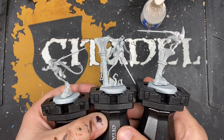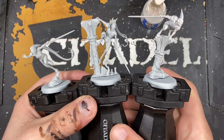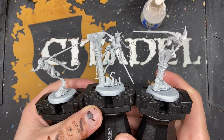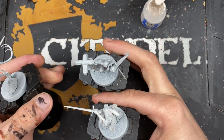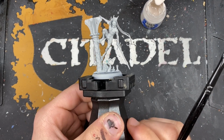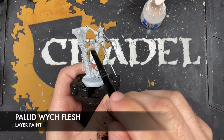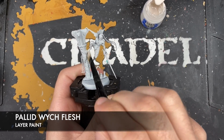They're really cool models. So what we're going to be doing is, well, jumping right in and painting them. We're going to be doing all three, so if there's anything unique, it'll come up in this tutorial. But we're going to mostly focus on this one, because it looks like a leader. And they've been primed in Grey Seer, and the very first thing we're going to do is dry brush them with some Pallid Wych Flesh. We want to do this as a quite heavy dry brush all over the skin,